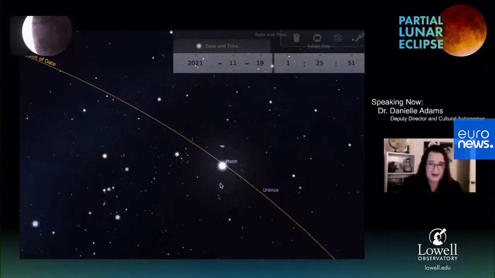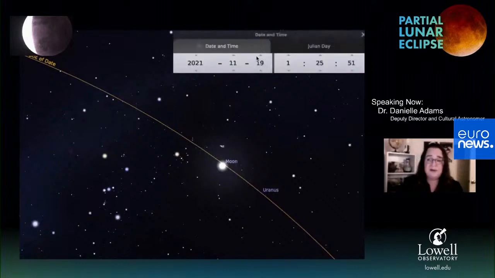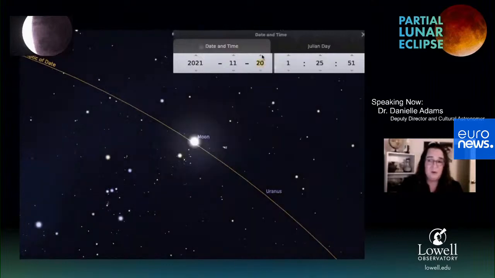So if we can go back to the Stellarium screen, I just want to confirm. Yes, excellent. So here we've got the moon. And again, this is pretty much right now. The moon is here next to the Pleiades star cluster. But if I go up to my date and time window, I advance us one day. Now we see that the moon is next to the Hyades star cluster here in Taurus, and this bright star,